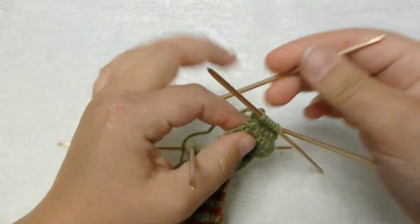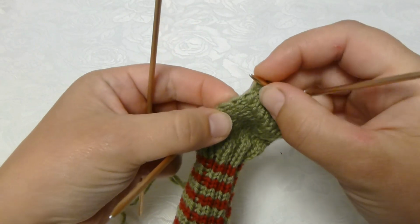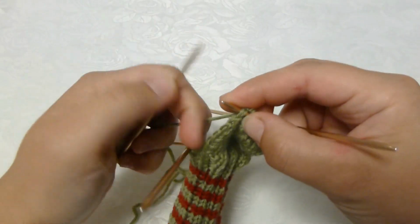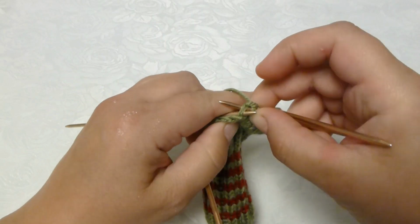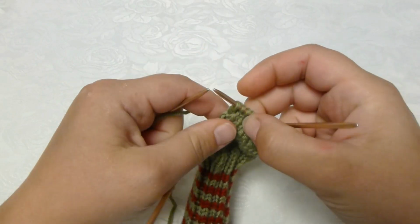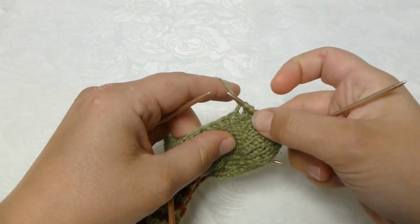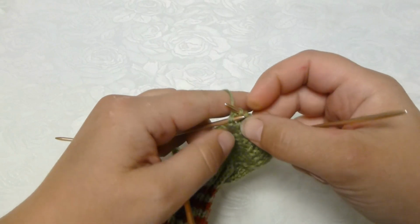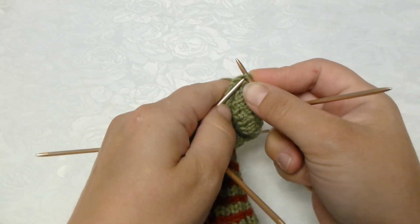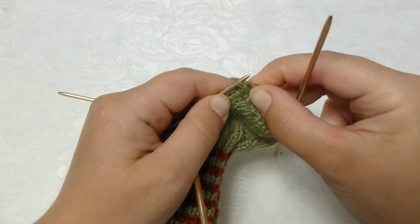And then when I pick up the stitches, one really easy way of doing it is just to use the holes here on the side and just stick my left needle through this way and my right this way. Just pick up the yarn and knit through the hole. This tends to make small gaps here, so to avoid that, if you choose this method, I would recommend that you stick both needles in this way and then remove the right one, because now the stitch is